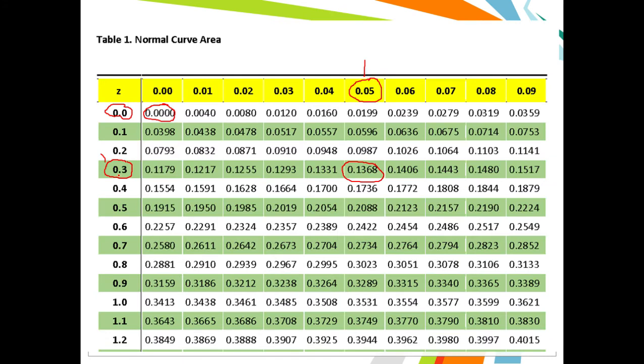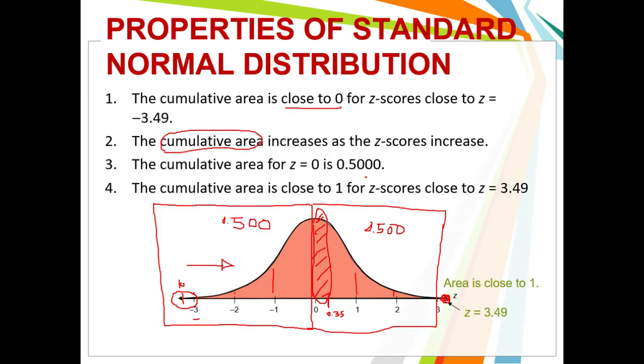Okay? From 0 up to the particular na z-score, that is the area. Okay? From 0 hanggang 0.35, ang area is 0.1368. Okay? That is kung positive value. Kung negative value naman, the same because this is a symmetrical na figure. Okay? So, kung maging negative 0.35 yan, so symmetrical lang. So, ibig sabihin yan, the same pa rin yung magiging value ng ating area. So, itong area, which I shaded ngayon, that is 0.1368. Okay? So, symmetrical or mirror lang no positive value na area.